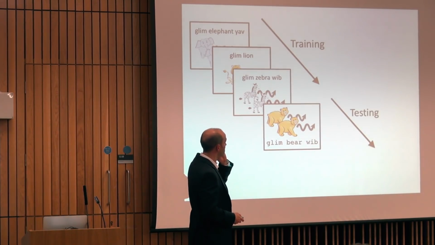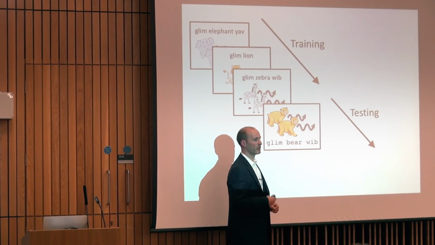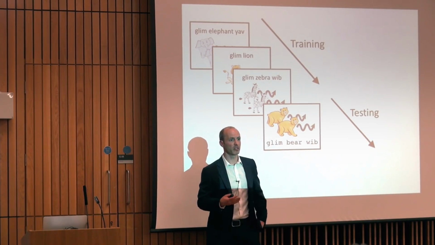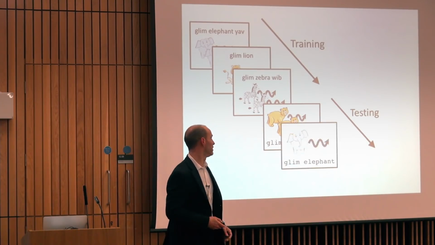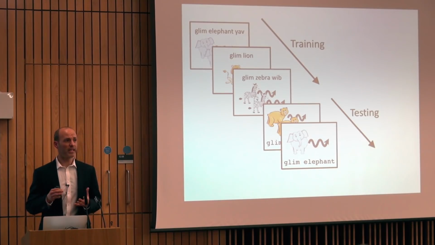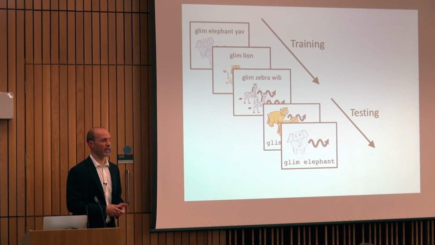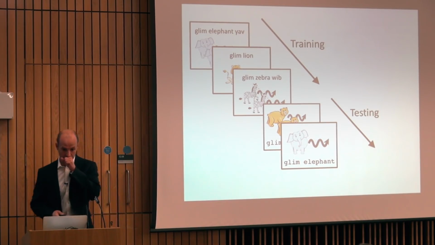And at the end of that phase, you move on to a testing phase where we prompt you with an event and say, give us a description for this event. And our participant produces a description for us to the best of their ability. And we test them multiple times. And the idea is that via this repeated testing, we can get an idea of how they think the language works, what they've learned about the language during the training phase.